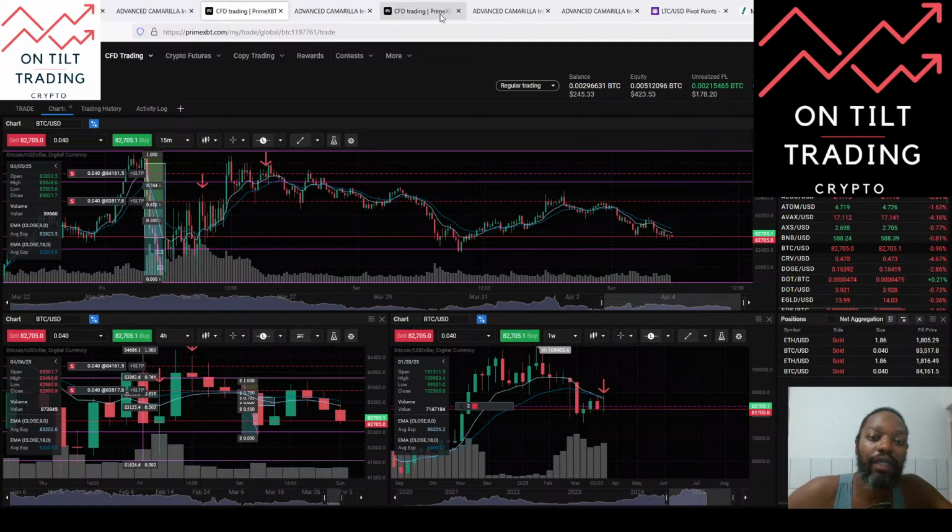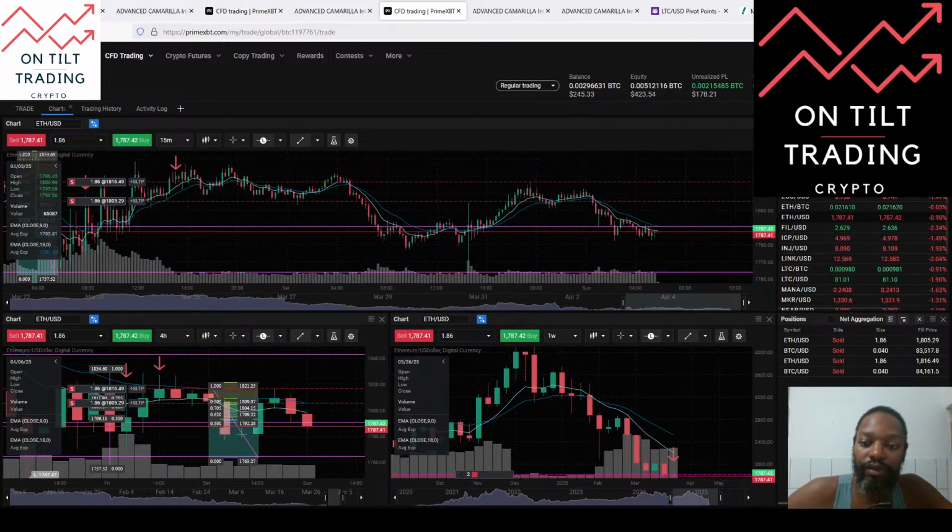And then we can have a look at Ethereum. So Ethereum also set up on Friday. This is the S3 level. This is the S4 level. This is Friday where Ethereum sold below this S4 level. So I took an entry here, took another entry here, and we can see price action again has done some consolidation, but has been mostly selling off here, has put in some highs,